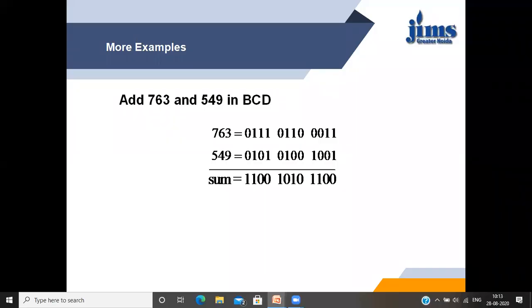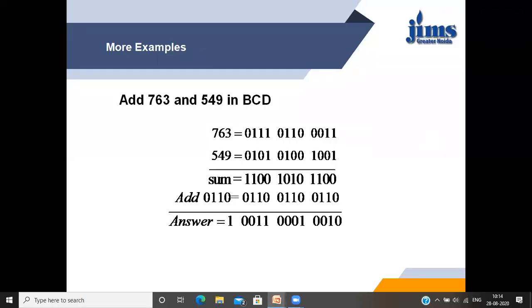Now, if in the sum there is any unused state, that means the term in the sum is greater than 9, then we have to add 6 to those terms, and the final result after addition will be your BCD answer. So in this case, all 3 terms are greater than 9, so we have added binary 6 to all the 3 terms, and we get our answer here, and this answer can be verified by simply a decimal addition. Now the answer should be